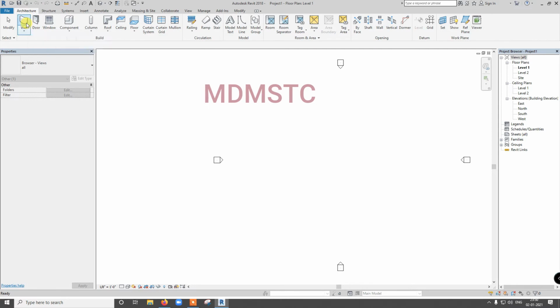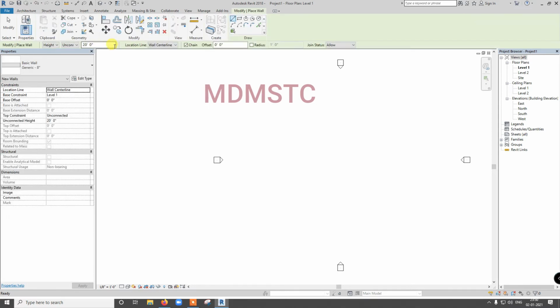For what is that? For example, if I select a wall, immediately next to Modify, one panel opens. This is called a contextual tab. Whatever you are selecting will come here. If I want to draw a wall, I can draw a wall.